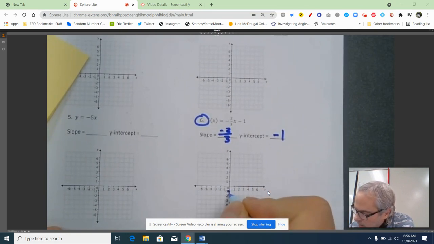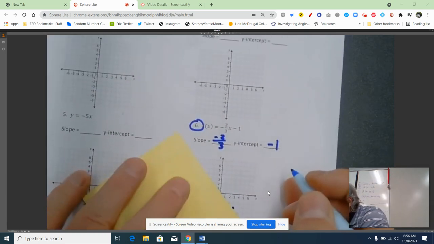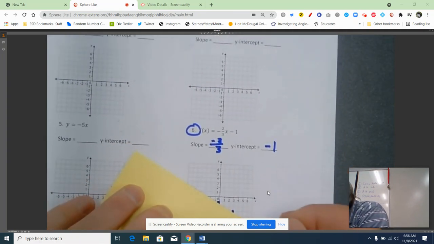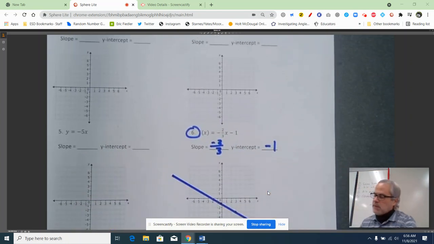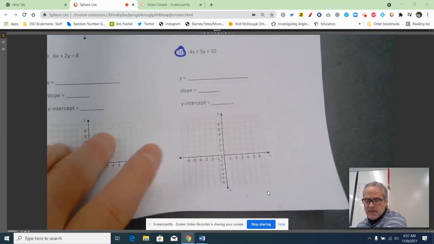Now I'm going to rise -2 and run 3. 1, 2, 1, 2, 3, and put a dot right there. Connect. And our line should look something like that. Okay, so graphing can potentially be pretty quick, as long as you don't goof up the minuses or be bothered